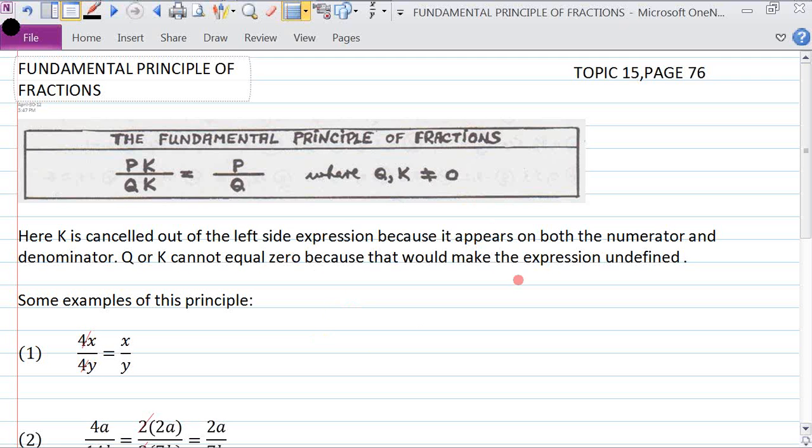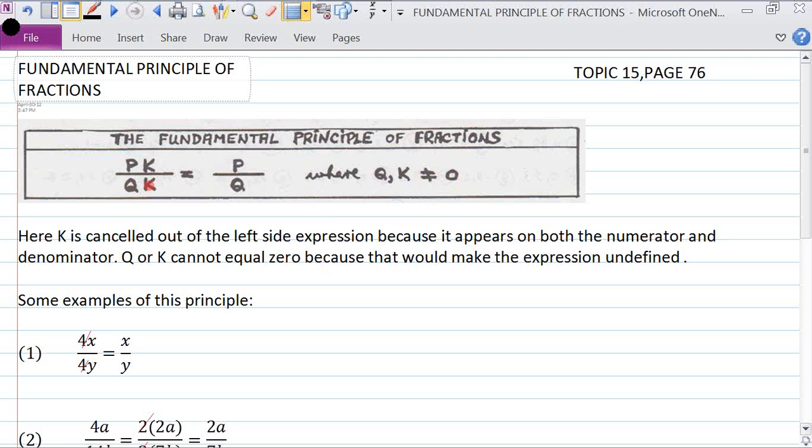Now we're going to go over fundamental principles. They won't necessarily all involve rational expressions, but just to review what is meant, and when we get to the next video where we do examples on topic 15, we will use rational expressions. So here we have PK divided by QK, and where Q and K are not 0,